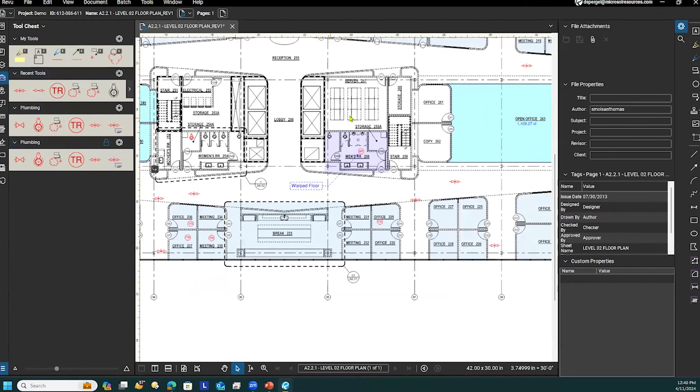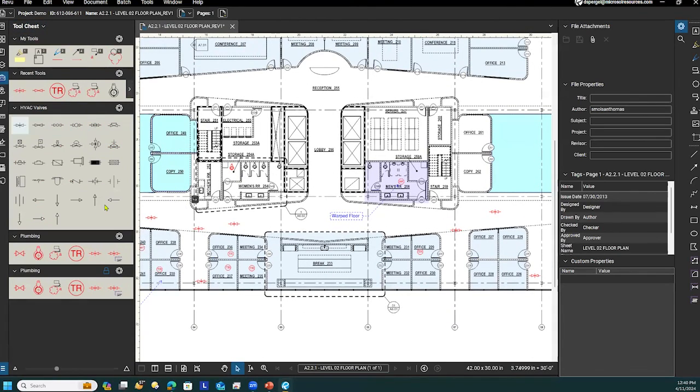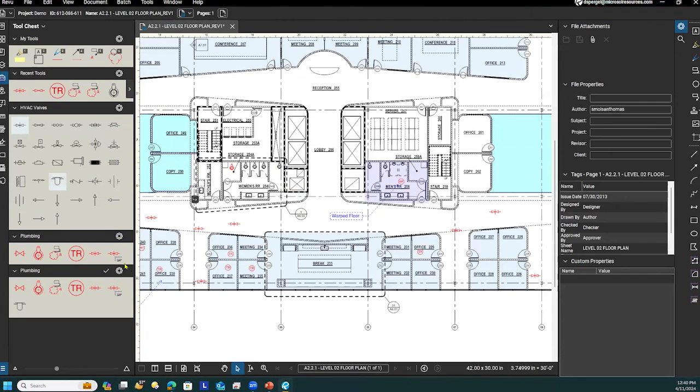So we can add, let's turn my HVAC valves back on. We're going a little crazy. We'll add this one to it. Oh, yeah. I currently do not have a lock on plumbing. So unlock it, add it, lock it back up. And now anyone that has this tool set added to their tool chest will have whatever changes propagated throughout,